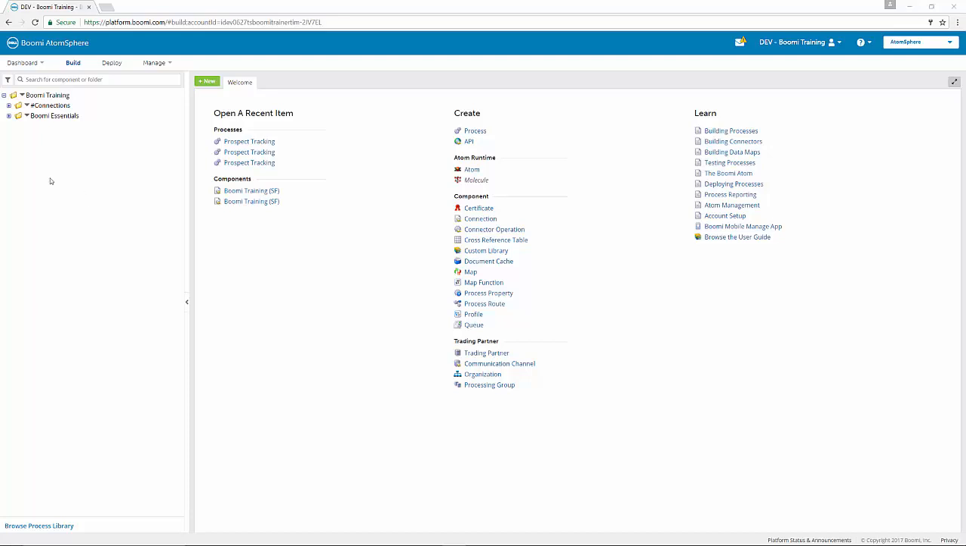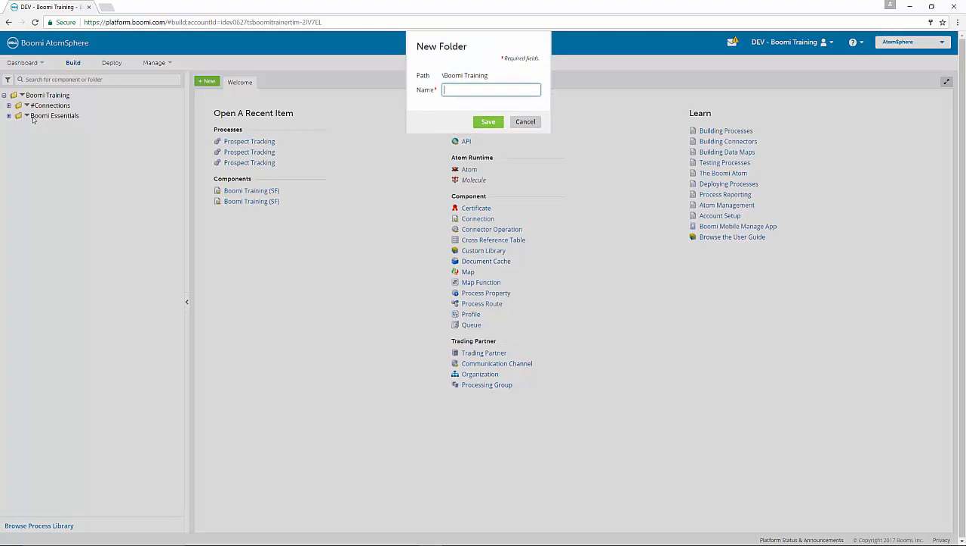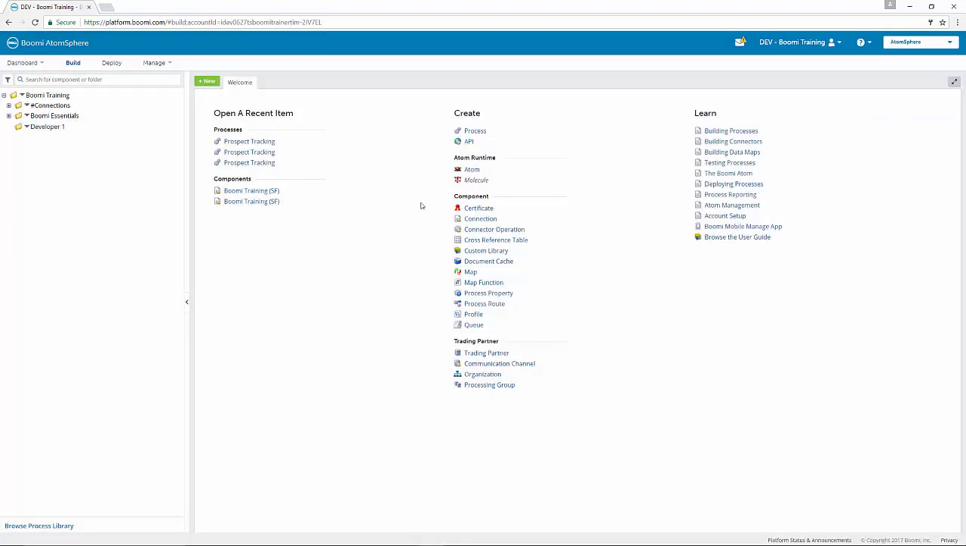our exercises. So we're going to click on the drop-down arrow next to Boomi Training here, and we're going to add a new folder. The folder is going to be for our Developer 1 class we're currently in. So we're going to name this folder Developer 1, and we hit Save. Now what you can see is on the same level as our Boomi Essentials course, you're seeing the Developer 1